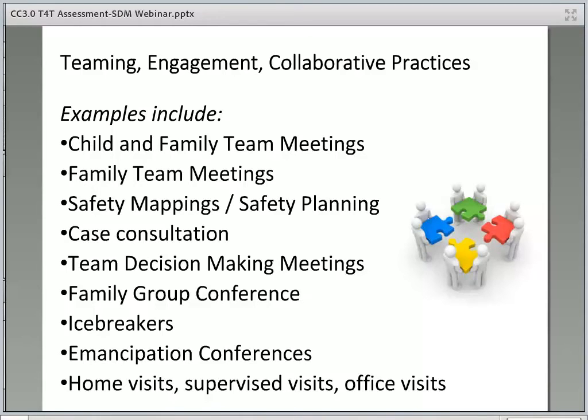Teaming may include working with families to build a supportive team, engaging the team in planning and decision-making with and in support of the child, youth, young adult, and family, working with the team to address the changing needs of the family, and working collaboratively with community partners to create better ways for children, youth, young adults, and families